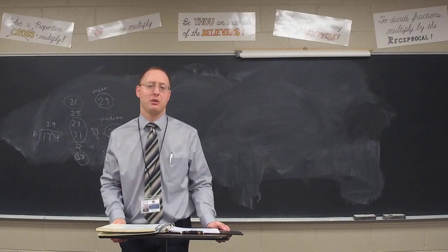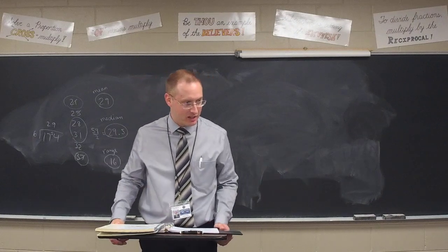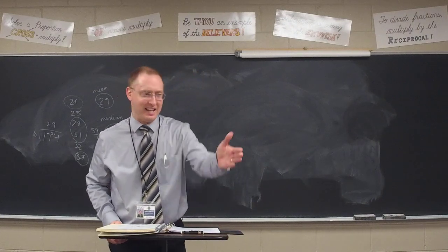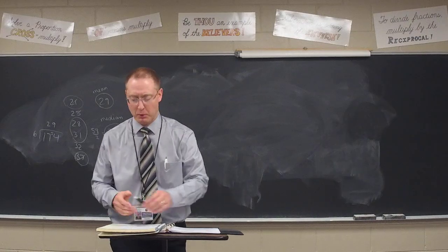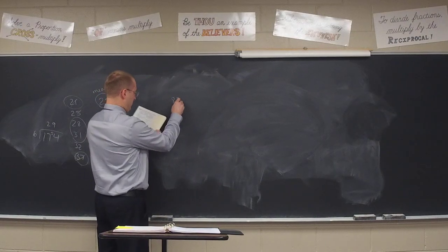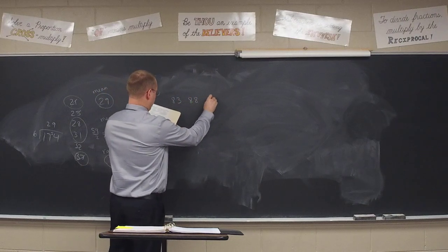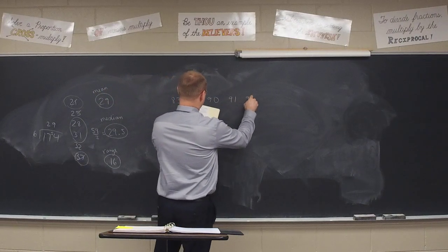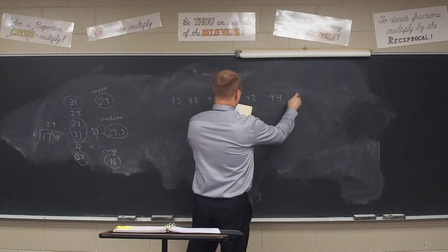92. Oh, the pain. Luciana? 90.5. The agony. 91. 91 people. Come on now. Okay. The smallest number in class is 83. Then there's an 88. Then there's a 90. Then a 91. Then a 92. Then a 94. Then a 99.